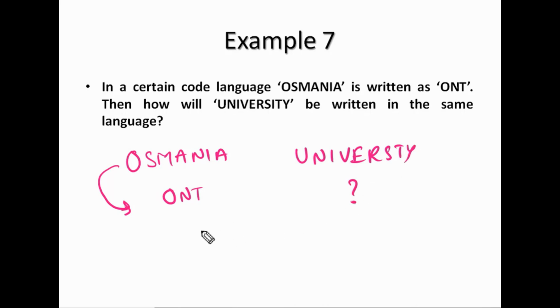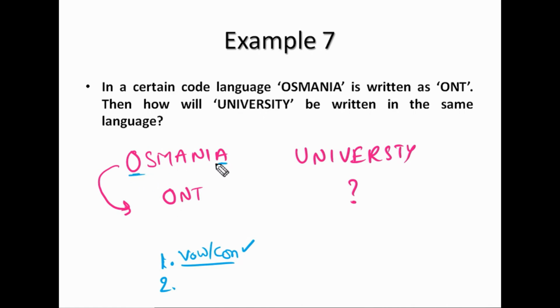Then University B is written as a dash. Here, see two ideas. How can we reduce the number of letters from hint word to code word? In two ways we can reduce. Number one is by categorizing vowels and consonants separately. Ignoring vowels, try to apply the logic on consonants, or ignoring consonants, try to apply the logic on vowels. That is one idea to reduce the number of letters. Another way of reducing the number of letters is combining two or three letters, writing a single letter.